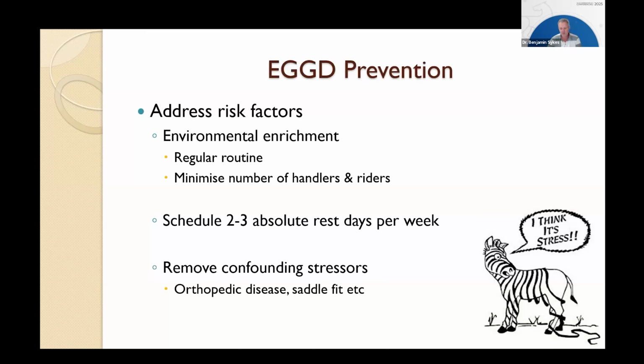The horse can still trail ride, the horse can do something, as long as it's not either behaviorally or physiologically stressful, the horse can still go out and about, but we don't work those horses per study. We need to make sure that we remove confounding stresses. We know that there's some data coming through now that shows that horses with musculoskeletal disease or poor saddle fit